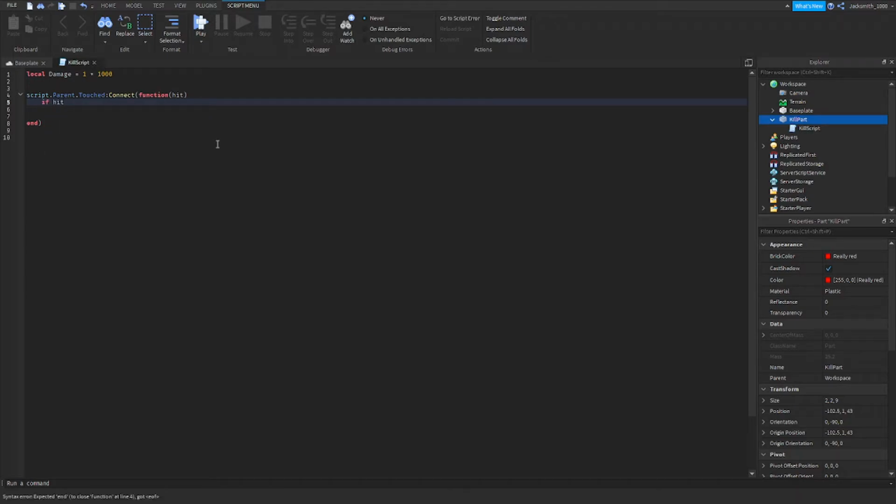If hit.Parent:FindFirstChild("Humanoid"), this is a conditional statement. Only players have a humanoid inside of them, so if it detects a humanoid then we know that it's a player. Make sure there's a space between there, and then we need to go hit.Parent